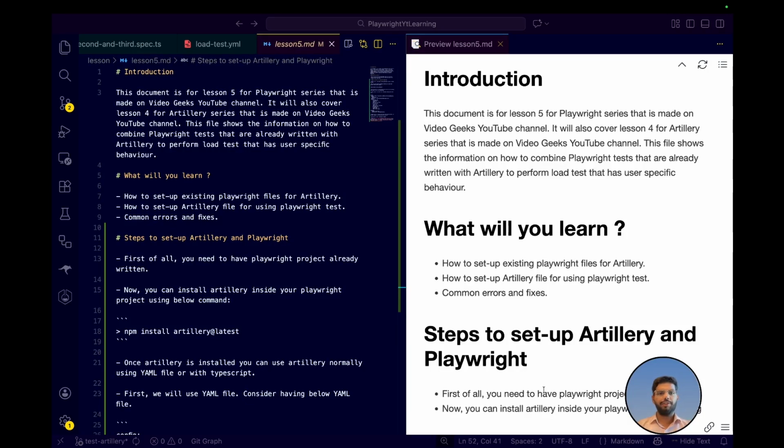So in today's video we are going to have a look at the engines part, or you can say we are going to have a look at the Playwright engine that we can use with the Artillery. So we can combine the Playwright and Artillery together to have an automation test that we can use for performance testing. So the actual user-like behavior that we can use to perform performance testing or load